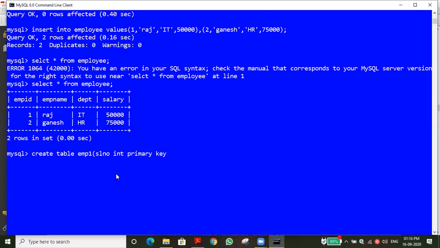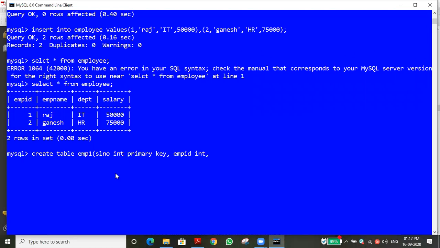That is a primary key, and I'm going to use one of the keys from the master table or parent table, employee ID. So EMP ID, that is also integer data type. In the parent table, how did we give it? Int only, integer. Yes, EMP ID we just gave.